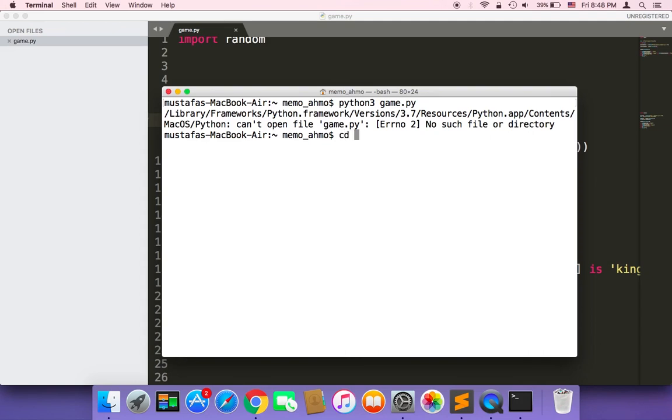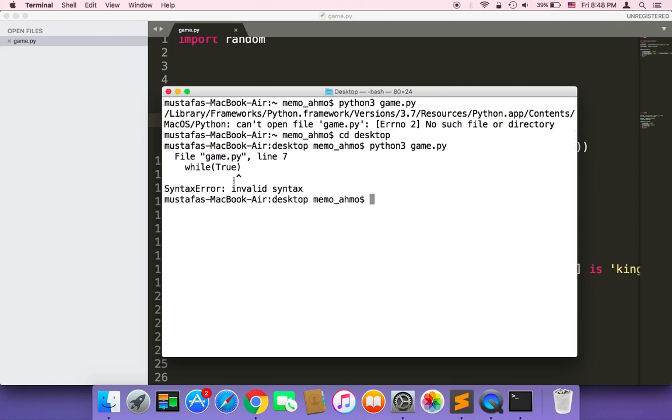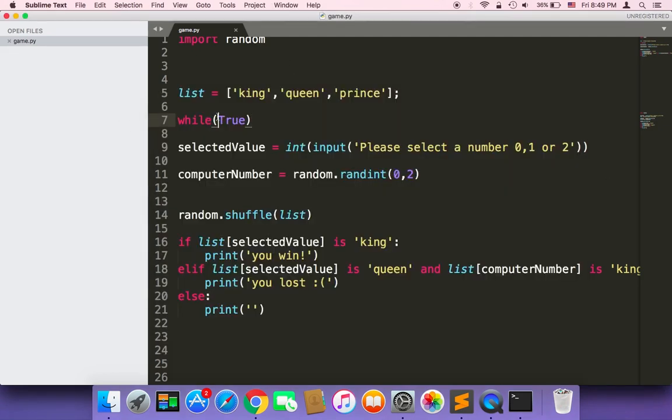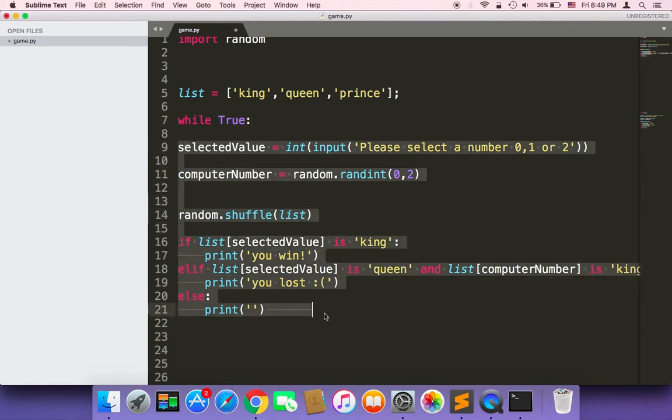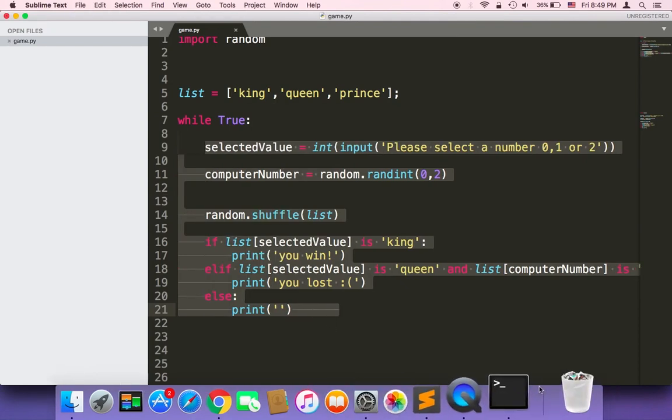And I should first go to the desktop and run the game again. And I have here an error. So I have a syntax error. It should be here without and I should push this, and now let me run again,